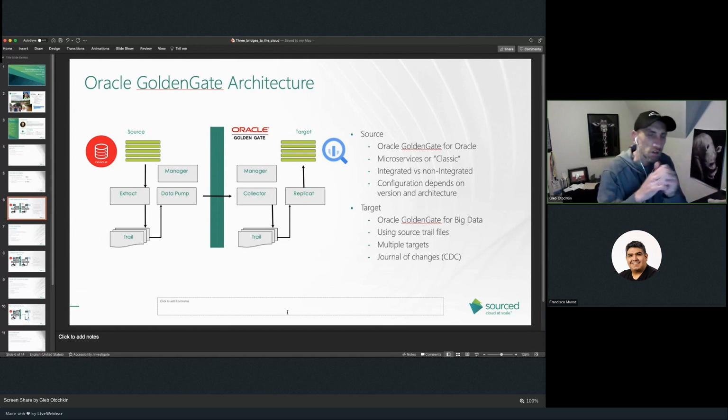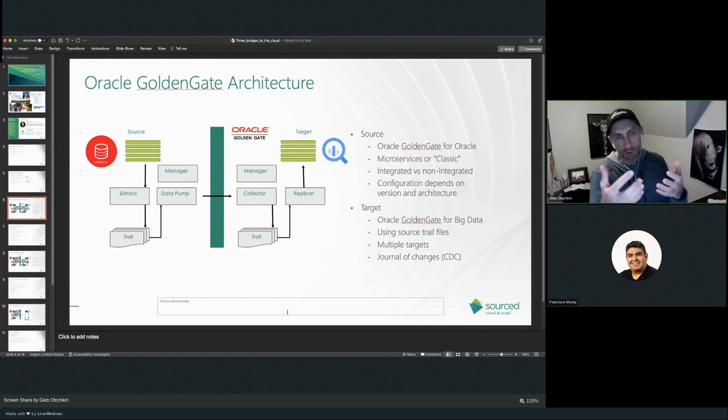So the GoldenGate extract uses internal Oracle capture to capture all the changes happening in the Oracle database, gets the changes, puts them to the queue, and puts them to the trail file. Just keep in mind that we are talking about committed changes.